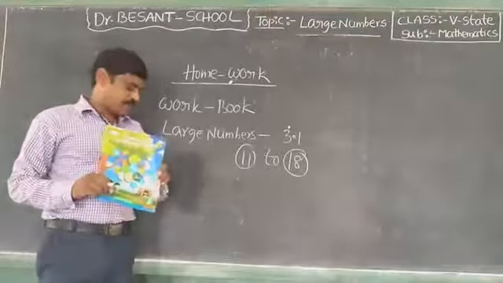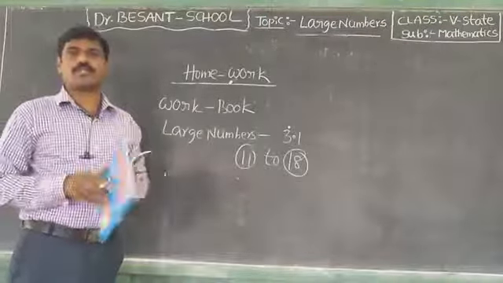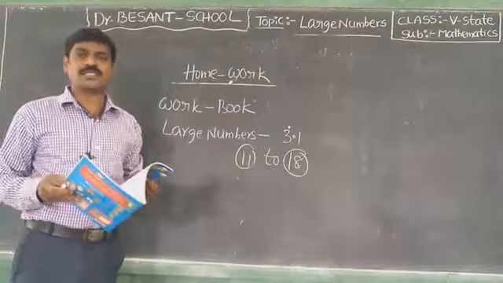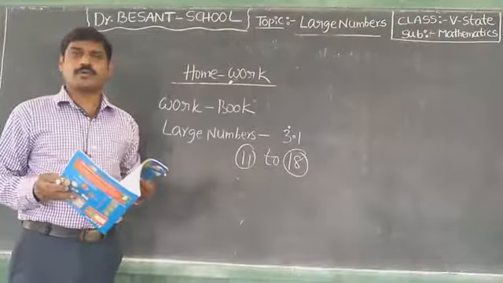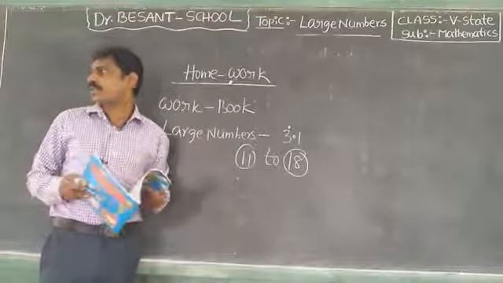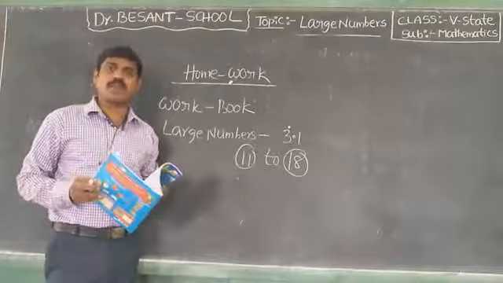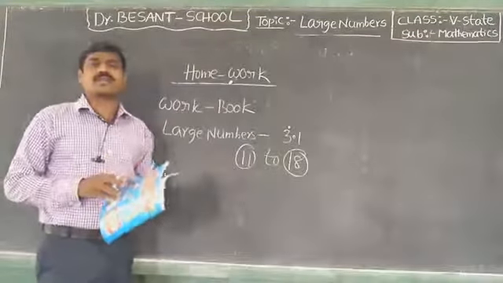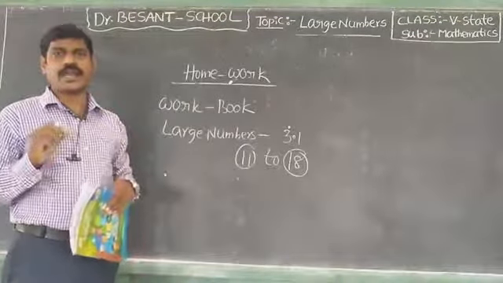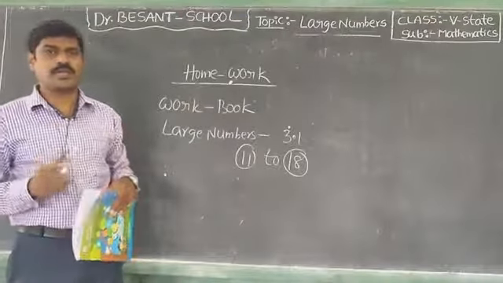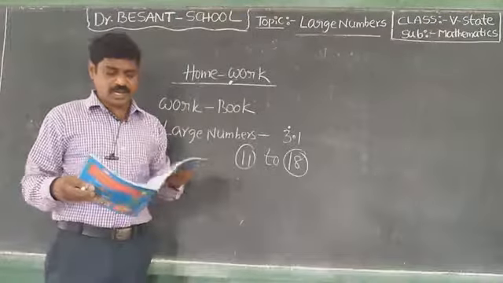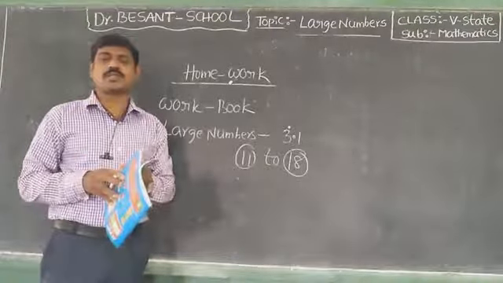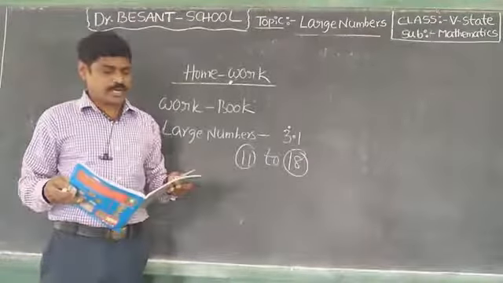Okay children, this is very clear. I hope you understood very well. Indian system of numeration and international system of numeration, the periods of each system and the place value charts. Many times, each and every table you have to read and write, then only you can remember. Children, you follow this, definitely you can answer all these questions. Some questions you can even do very well without my explaining. Okay, it's very clear.